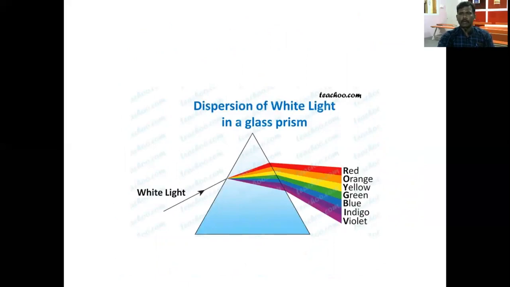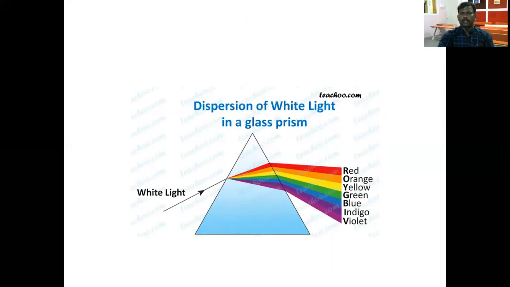White light is a combination of colors. When it is dispersed with the help of the glass prism, it is separated into several colors, VIBGYOR. So note this color order. This is the most important concept-oriented 1 mark question in this lesson. So using this diagram, we can attend all the concept-oriented 1 mark questions.